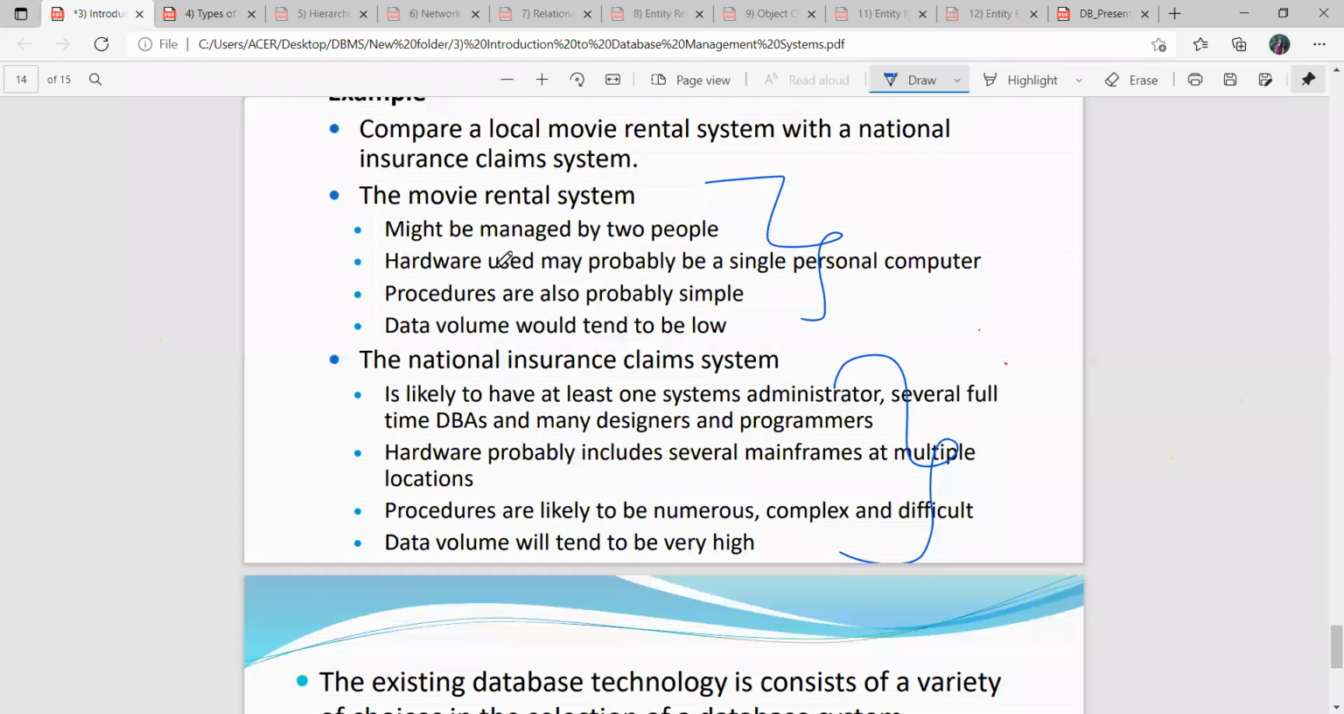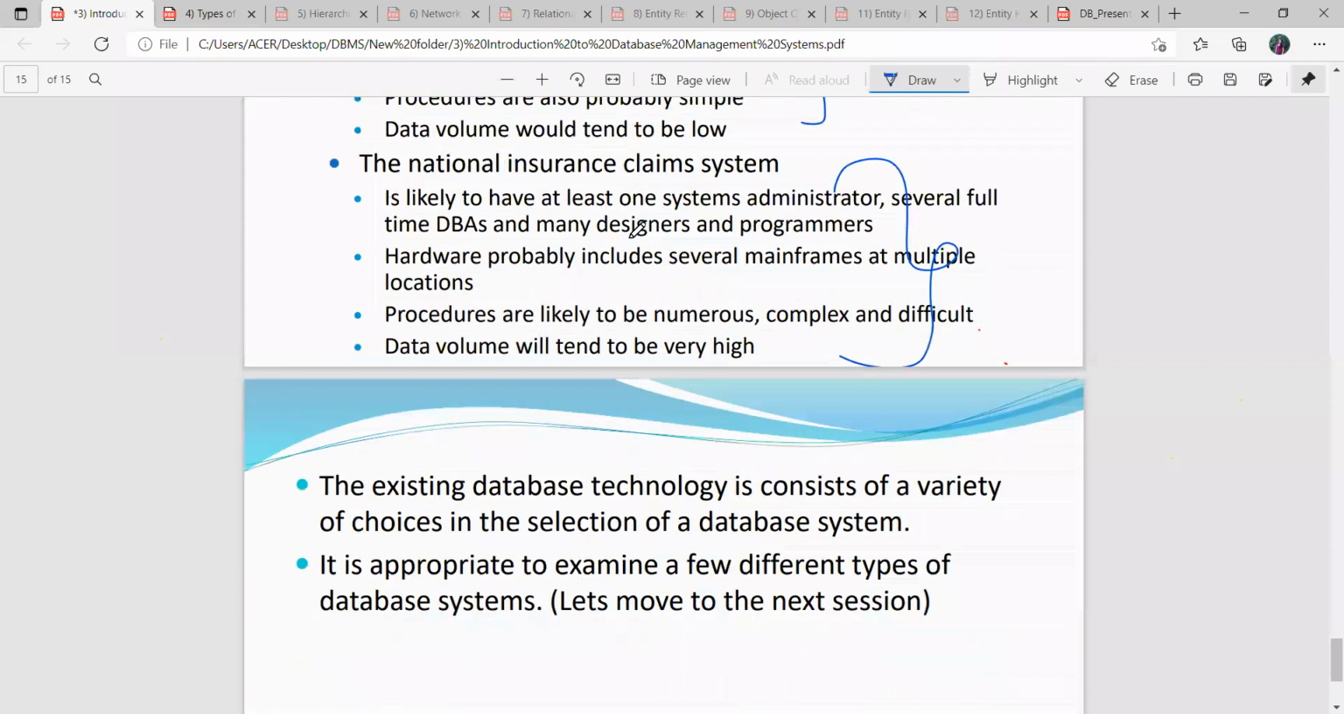The hardware used is probably a single personal computer. The procedures are also probably simple, and the data volume is also low. But when we consider a national insurance claim system, it is a bit more complex than this system. So it is needed to identify and examine different types of